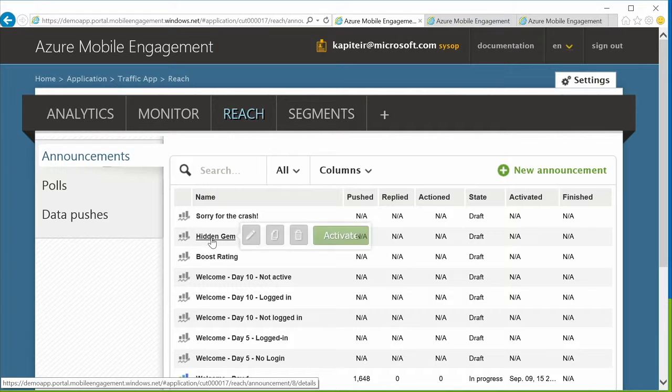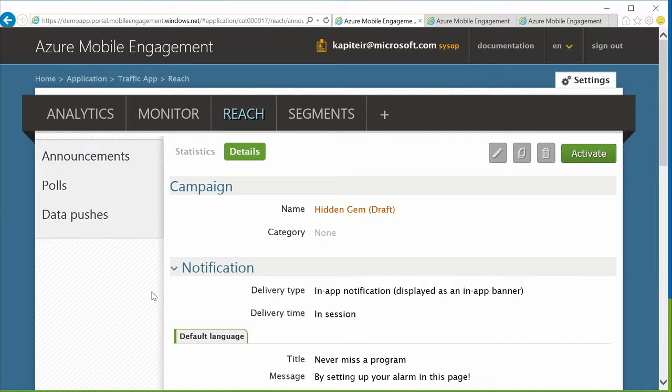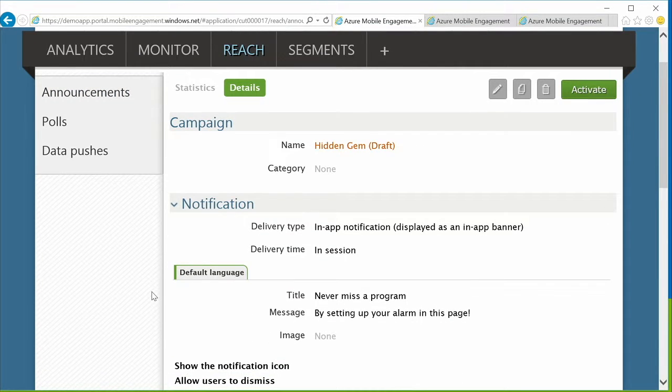So let's have a look at how we do that with mobile engagement, going back to the other example we created for that. Typically, promoting a feature in an app is a good example of an in-app message, a message that will appear within the app. To avoid sending that kind of message while the phone is in the pocket or something like that, it's better to engage the user while he's using the app.